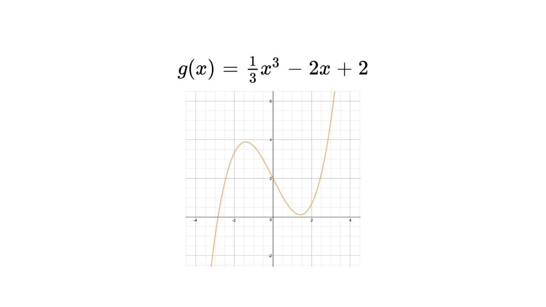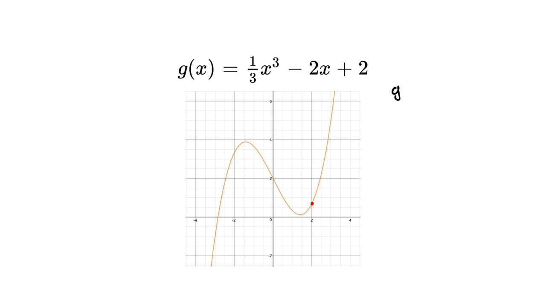This looks like this on the graph, where our function is given at the top here, g of x is equal to 1/3 x cubed minus 2x plus 2, and is this function below. And we looked at the point when our x is equal to 2, so that's at this point here. So if you remember our derivative,